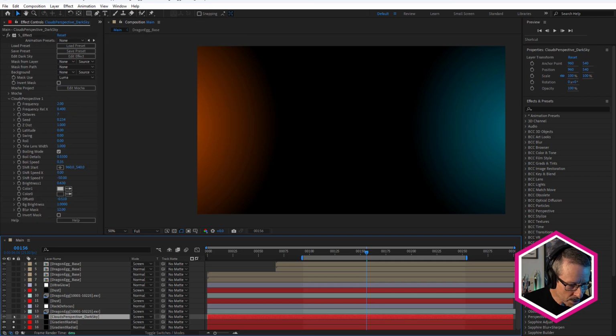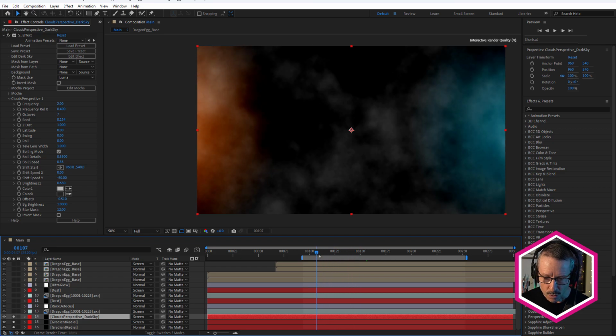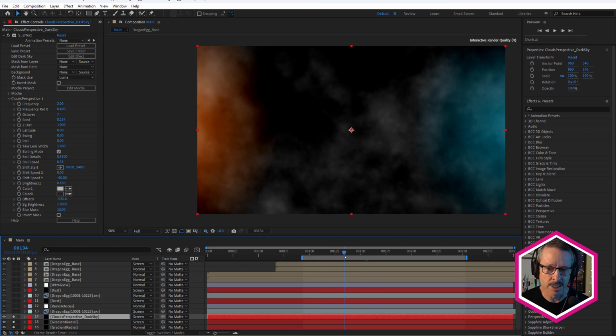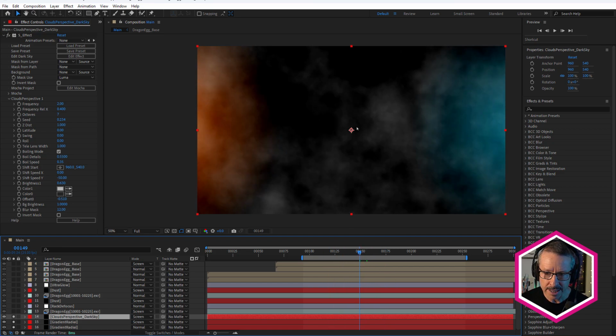Now, to add the smokiness, I've used Sapphire Clouds Perspective, and I'm not actually using it for the clouds look. It's more of a rising smoke look. And to find that, what I did was I used Sapphire's Sapphire Effect or S effect. And if you've watched any of my tutorials, you'll know that when I'm using Sapphire, I use a lot of presets, and in order to browse all of the presets across all of the effects, I use Sapphire Effect because that allows me to do that.